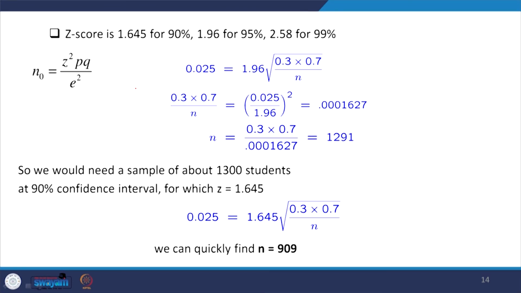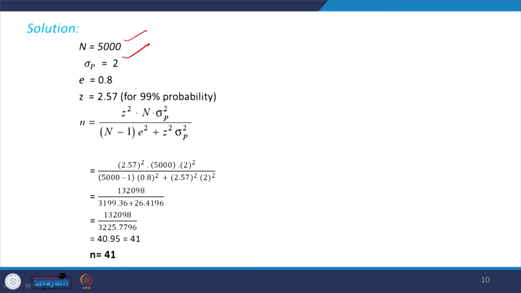This is the standard Z value if the confidence level is given. For a 90% confidence level, it is 1.645. How can we understand this correctly? 1.645, 1.96 and 2.58 are the standard Z values at different levels of confidence, with 2.58 for the 99% level. If 2.57 is given, it is actually 2.58.